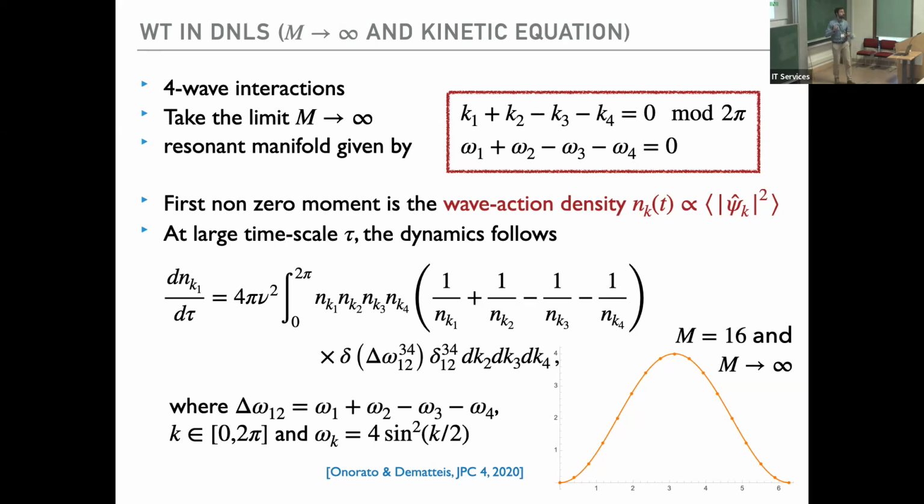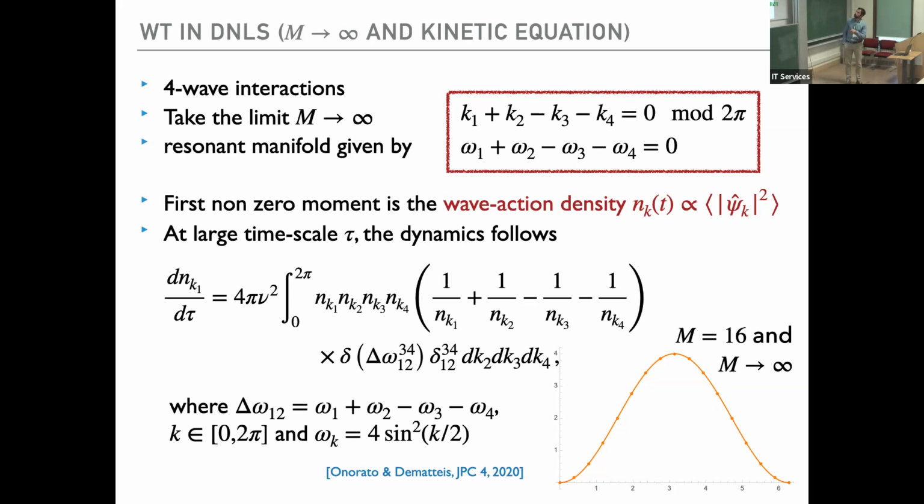Now, formally, the wave turbulence is derived taking the limit of n going to infinity, so taking the thermodynamic limit. And when you do that, you can describe the long-time behavior of the system, for example, for some quantities, like the wave action density, which is proportional to the spectrum of your system. And in here, we have taken some statistical averages. So it's a theory that requires some statistical averaging.